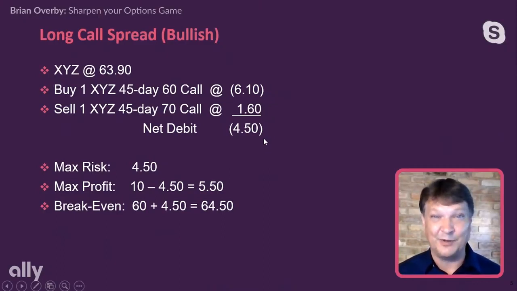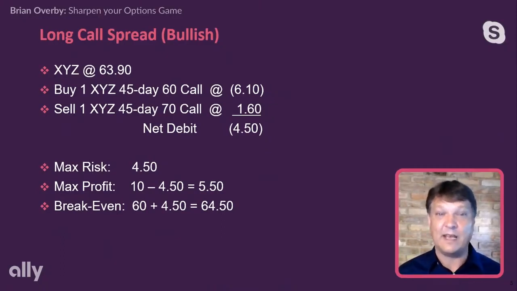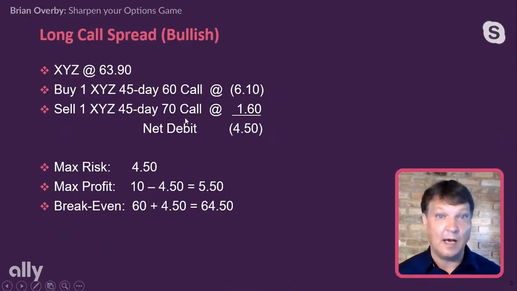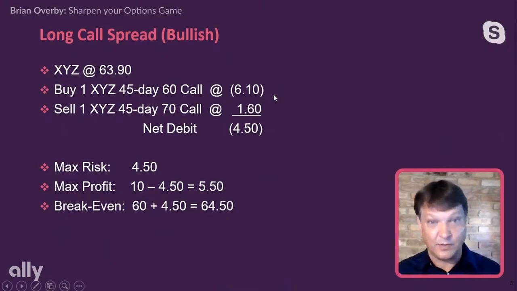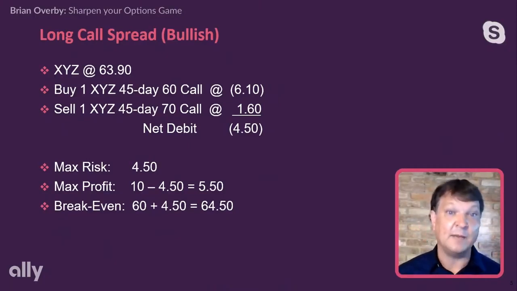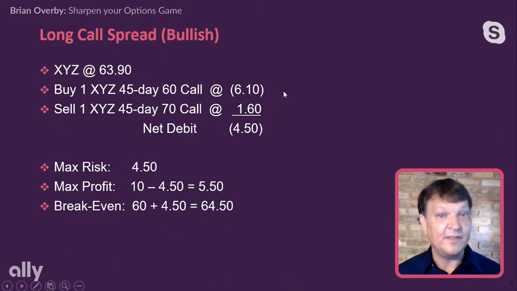But in the options world, it's always a give and take, right? We have lowered our risk by selling that option, but from 70 on up, our upside is capped. In theory, on a long call, we have unlimited upside. The stock could, in theory, go to infinity, right, over that time period. Most likely it wouldn't, but in theory, that's our upside with a long call. When we're looking at a long call spread, we are reducing our risk now, but we're capping our upside later.